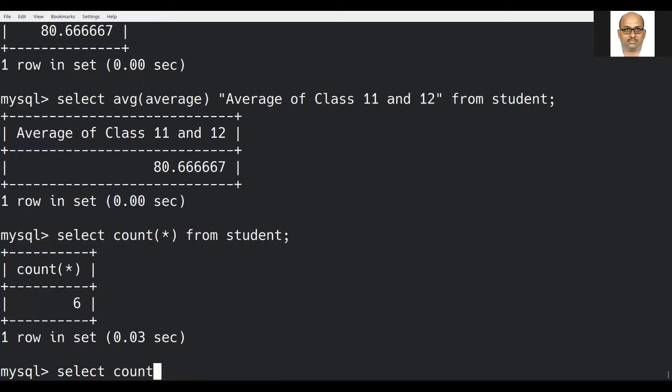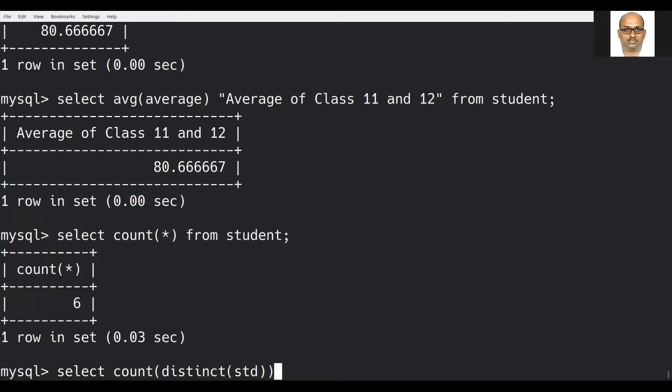Count, previously we have seen a command called distinct. When I apply distinct inside count, I am trying to check the standard. I have 4 students in one particular class, namely 12, and 2 students in class 11.